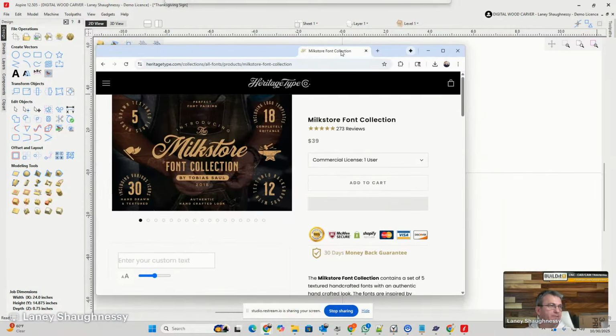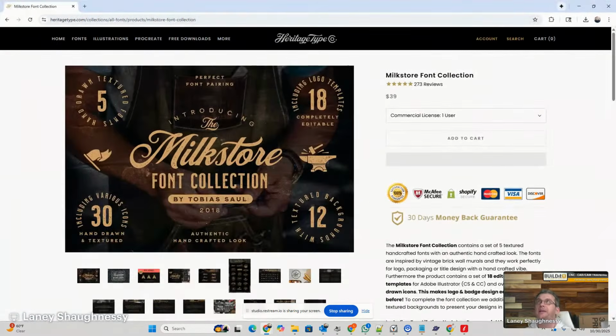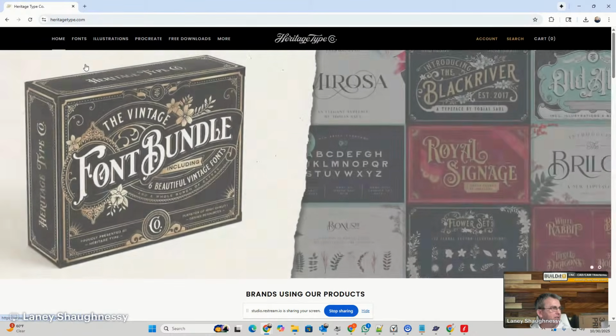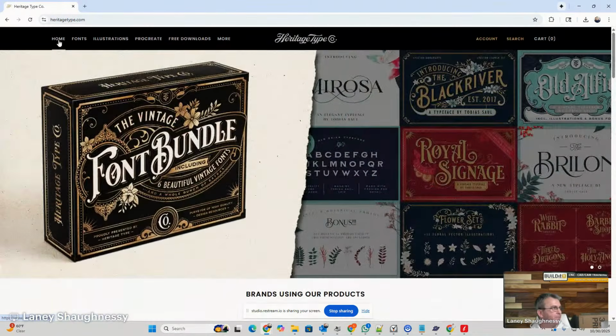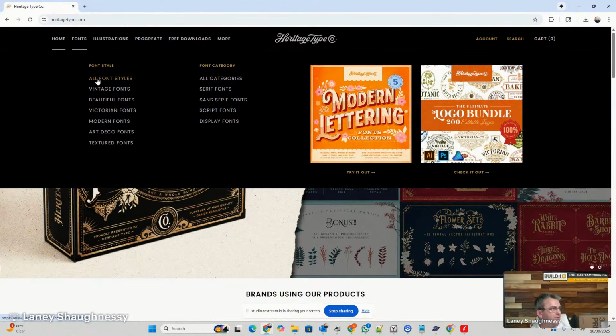I am fascinated with a company. I have no affiliation with them whatsoever, but I'm fascinated with a company called Heritage Type Company. They have a small but amazing set of font collections. And if we look at all their fonts, all font styles,